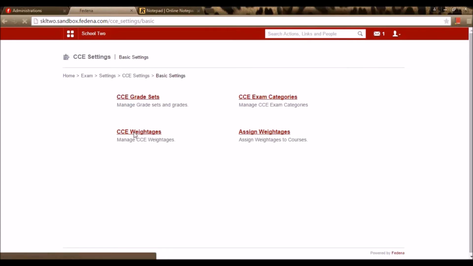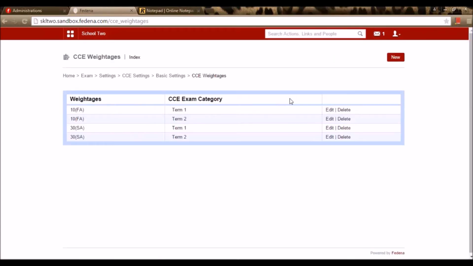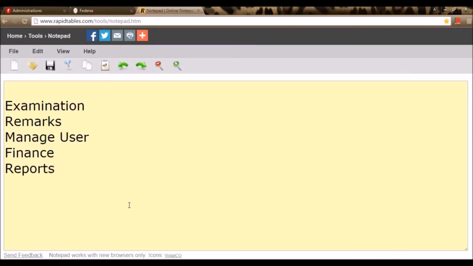Here again, CCA weightage has to be provided. So I have given these weightages right here. In CCA examinations for Scholastic grading system, there's two categories available, say FAs and SAs.